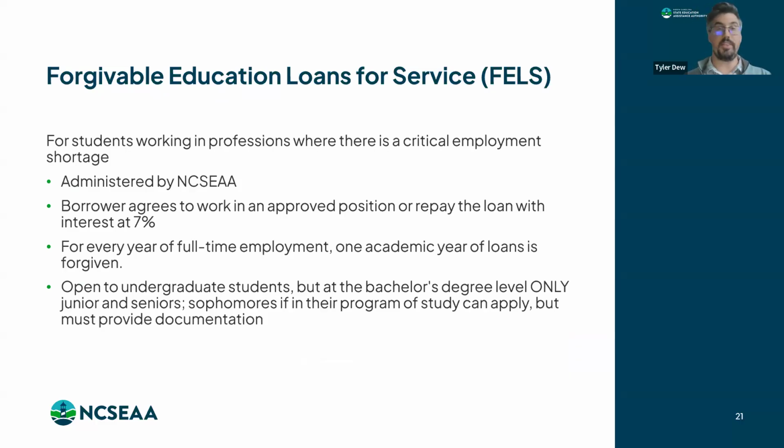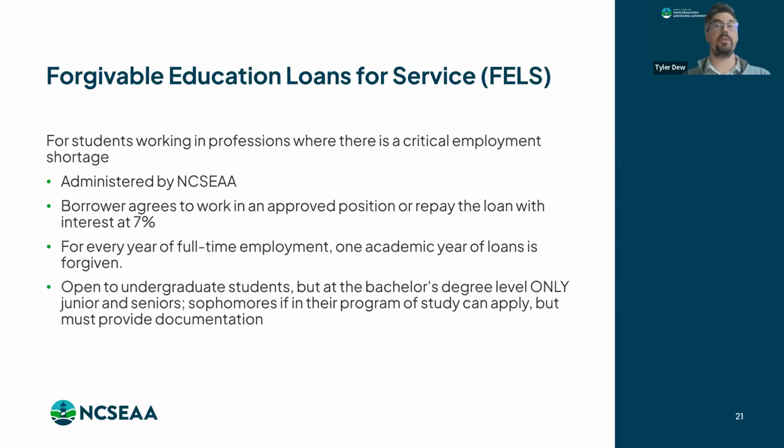These are loans, but they are forgivable if you work in specific critical employment shortage areas. So this is places like nursing, education, medical, allied health. So it's for students working in those professions, and it's administered by us. So you basically agree to accept this loan in order to go into that career field. The borrower, you, agrees to work in that approved position, or if you decide to leave, and this is important,